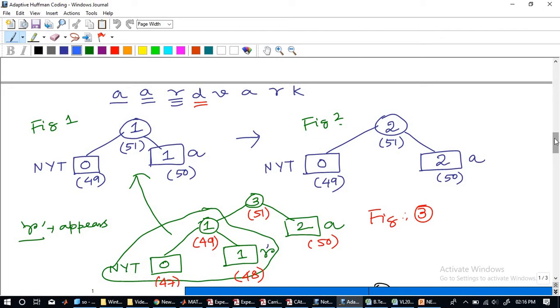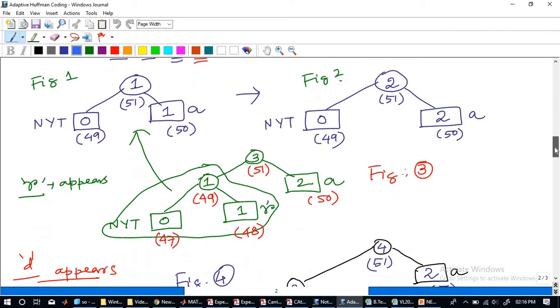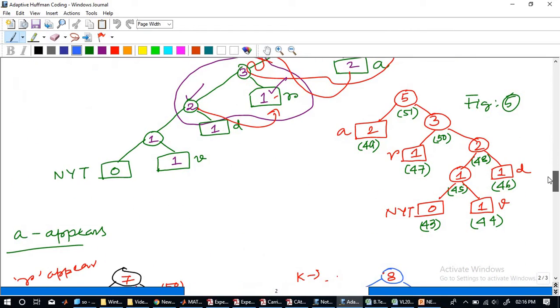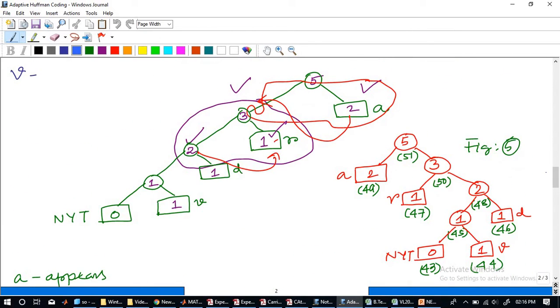So that's why I'm telling you to refer to the previous day's lecture, so that it's easier for you. What we ended up with is where the swapping happens: the left hand side node has a weight of 3 and the right hand side has a weight of 2, so naturally we need to swap.